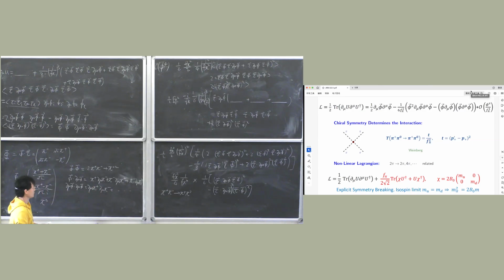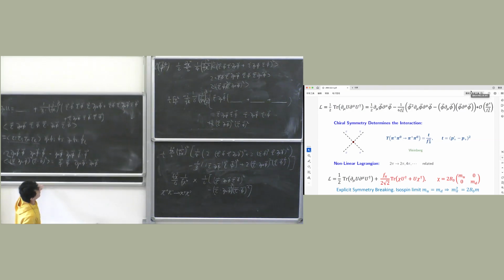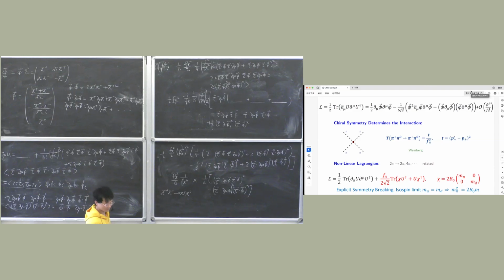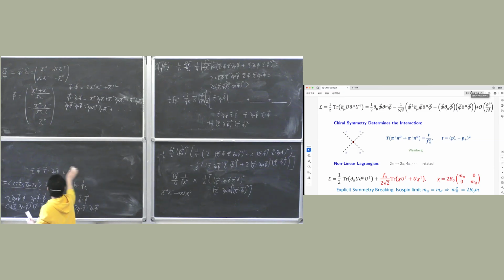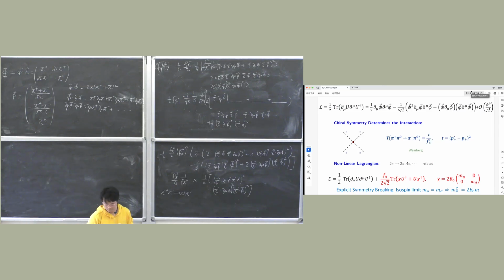Other terms we can just ignore. So the relevant terms are